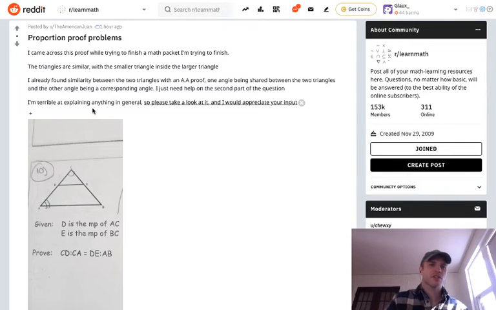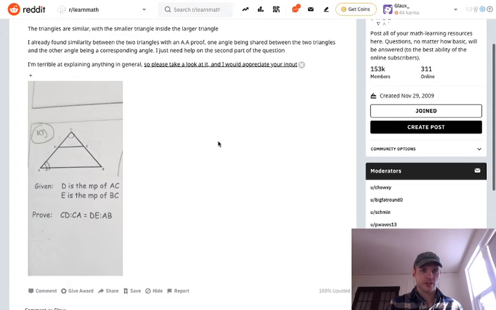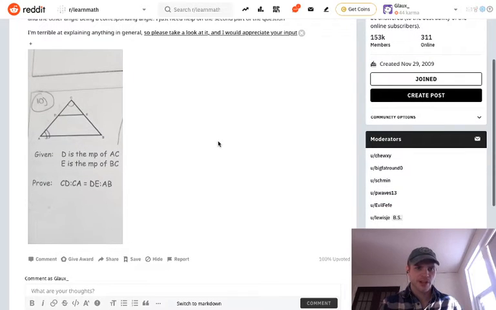All right, we've got a great question here from Reddit user TheAmericanJuan in the Learn Math subreddit. He came across this proof while trying to finish a math packet. He figured out that the triangles are similar, but then he couldn't actually get to the end. So I may not take the exact route that you were taking, but let's see if we can get a